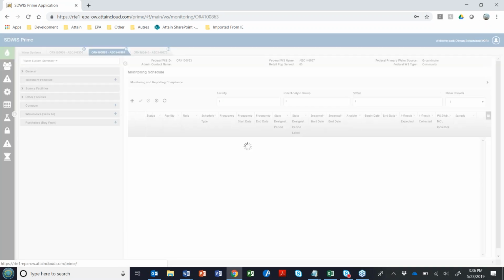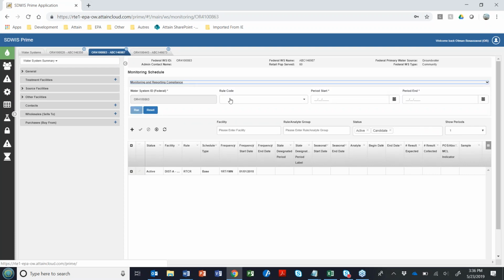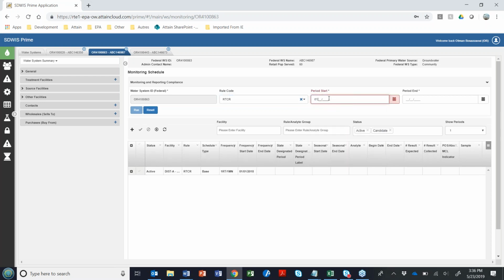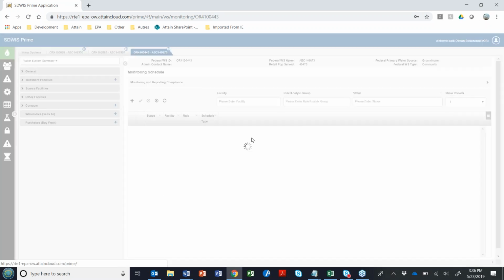Do the same for water system number 2. So I'm switching tabs here. Expand this, select RTCR, and run compliance for the month of July. All right, and the last one here.